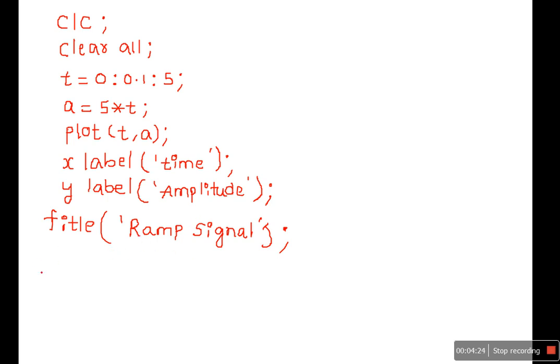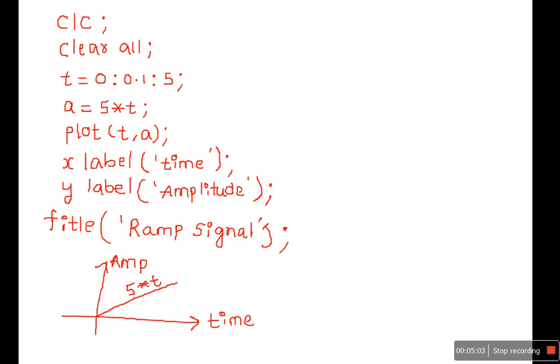Now in the graphic window you will get the graph like this. So a separate window will be open to generate this. Here the time will be given because we have mentioned it in x label. Similarly in y label what is mentioned? Amplitude. So the statement whatever we have written in single quotes will be displayed. So a ramp signal that is passing through origin. Why we are stressing it as passing through origin means because we have given the starting time as 0. That's it. This is a simple program to generate a continuous signal.